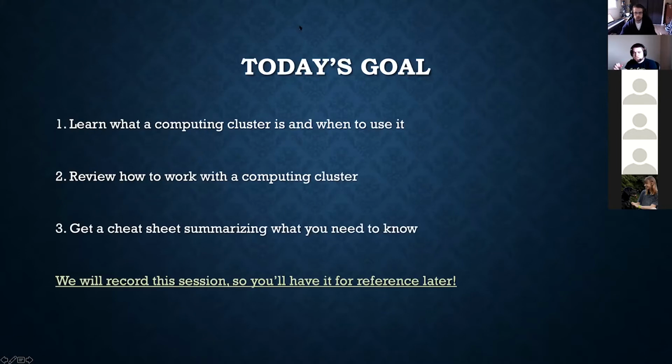Okay, so moving on. Like I mentioned, my goal for today is to give you an overview of what a computing cluster is and when to use it. The bulk of the presentation, once we've given that broad overview, is going to be the steps to using a compute cluster, and I'm going to walk you through it and show you the commands that I use and the text you should be familiar with to actually work with a